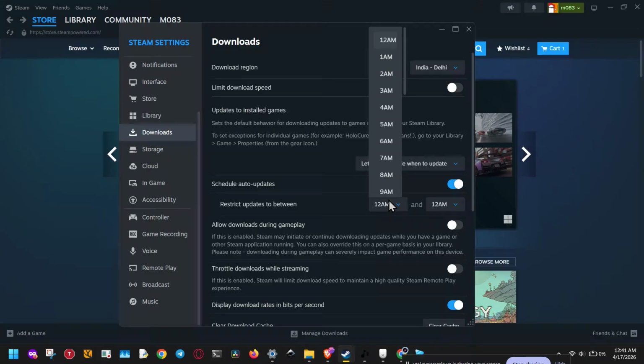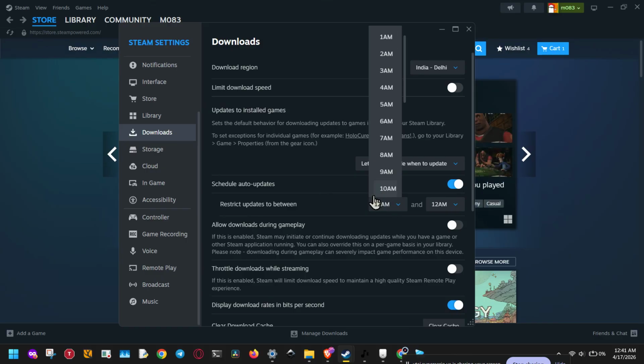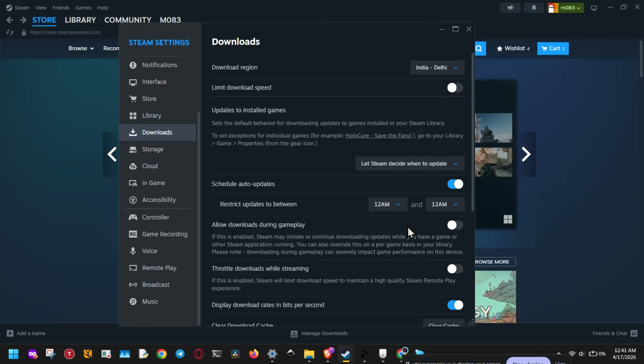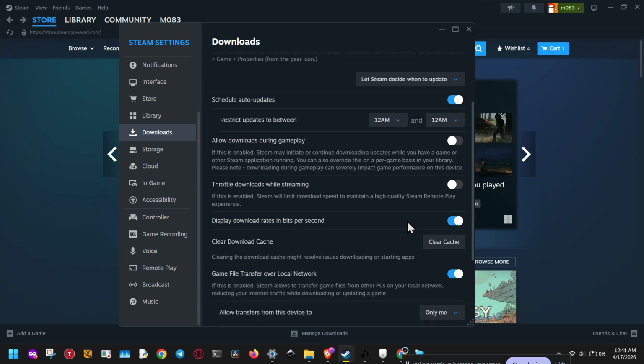Then make sure Allow Downloads during gameplay is turned on. This is a really useful setting because it allows Steam to continue updating other games while you are playing something else. If you turn this on, Steam can keep working in the background without stopping your downloads every time you launch a game. After you've adjusted those settings, Steam will now be much better at handling updates automatically across your